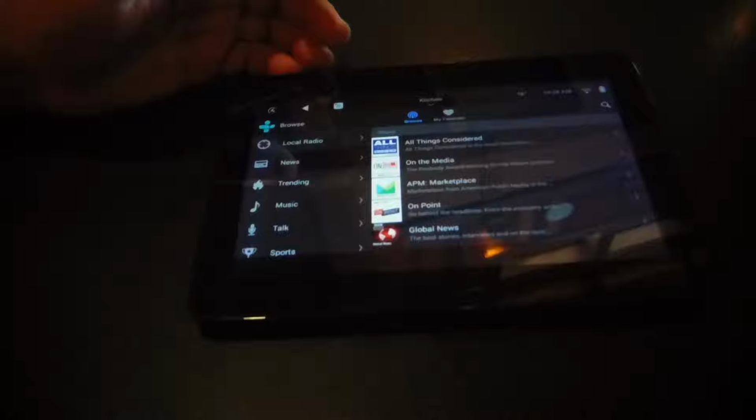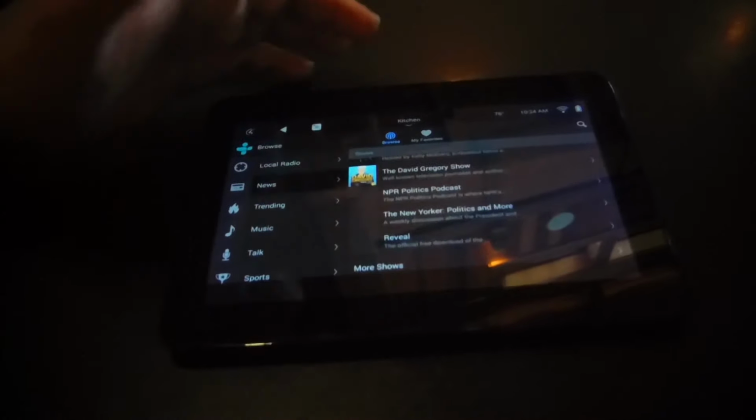TuneIn, I'll just do a quick demo on TuneIn. So here's TuneIn. You can listen to local radio stations, pick your genre, whatever you want. You can manage your favorites on here. There's no favorites yet because we haven't done anything yet. If you want to search news stations, you go here. You have all of these different channels here that you can search on, or you can go over here to search itself, and if you know what you like,